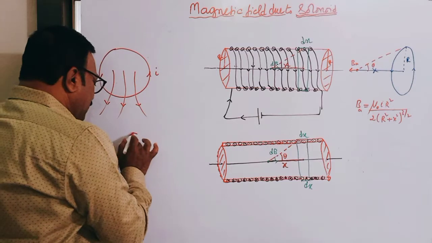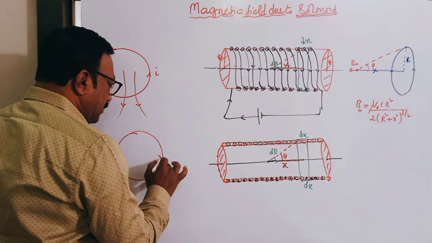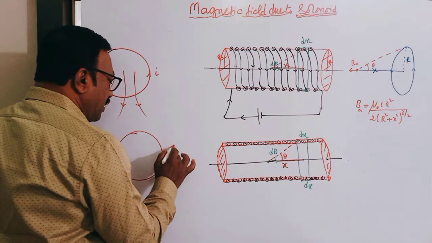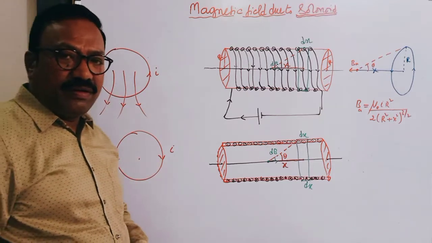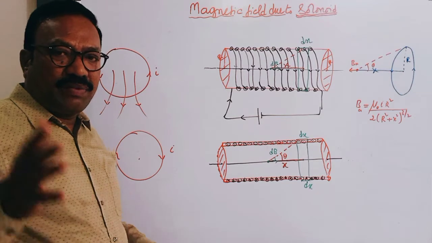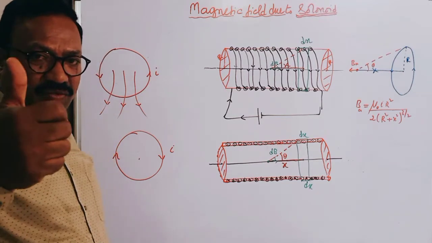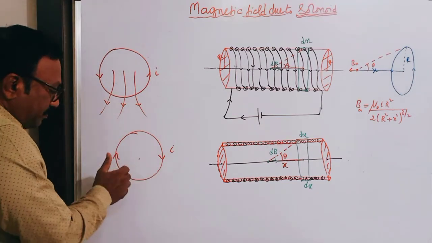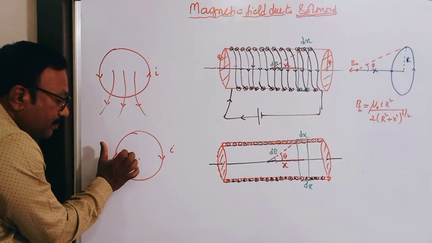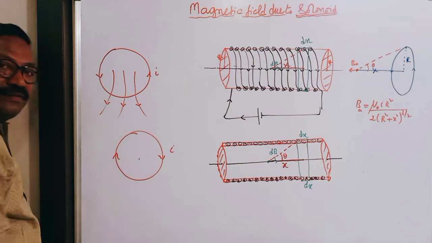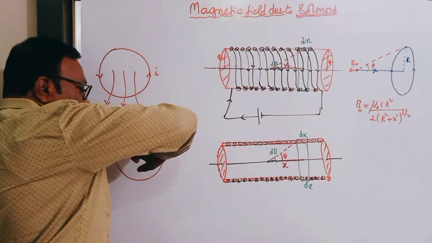Suppose you reverse this current, reverse the direction of current. Definitely the magnetic field direction is also reversed. So let us apply our rules now. Let us apply the original rule. See, this is a conductor I am holding. This is the direction of current. Then the field will be inward. The field will be inward.